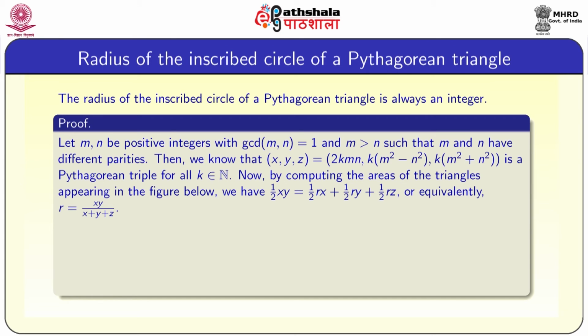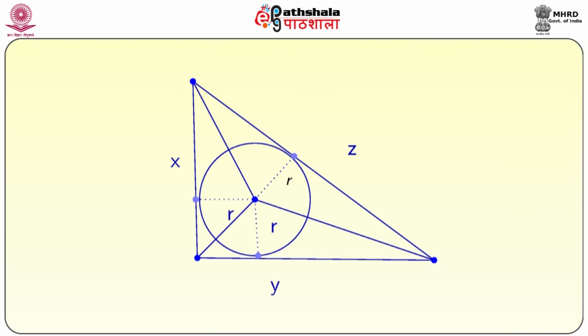Now, by comparing the areas of the triangles appearing in the figure below, we will give you the figure in the next slide. So, we have that 1 by 2 into xy is equal to 1 by 2 into rx plus 1 by 2 into ry plus 1 by 2 into rz. Let us see the figure. The figure is given like this: x, y, z are the sides of the triangle and r is the radius